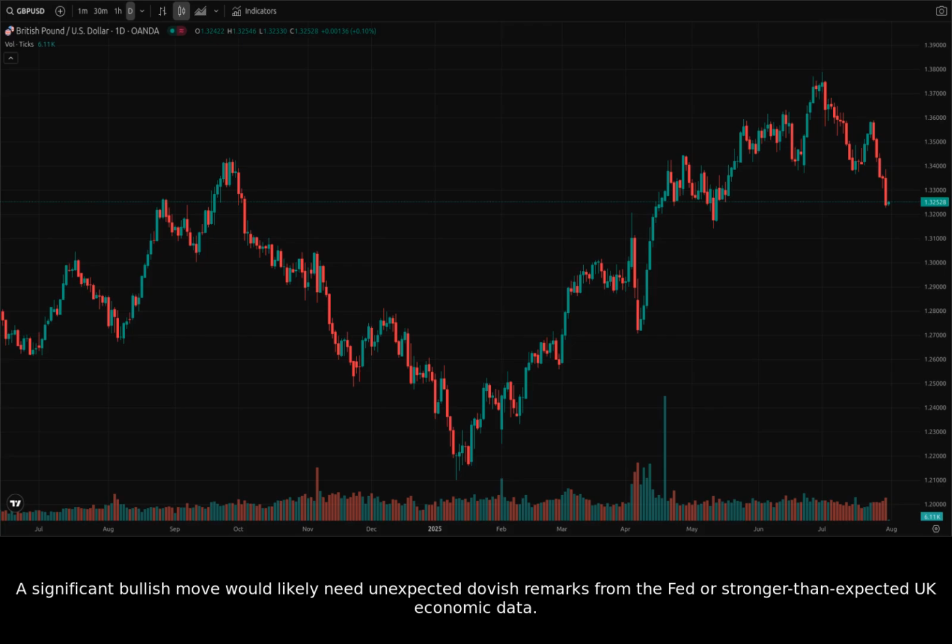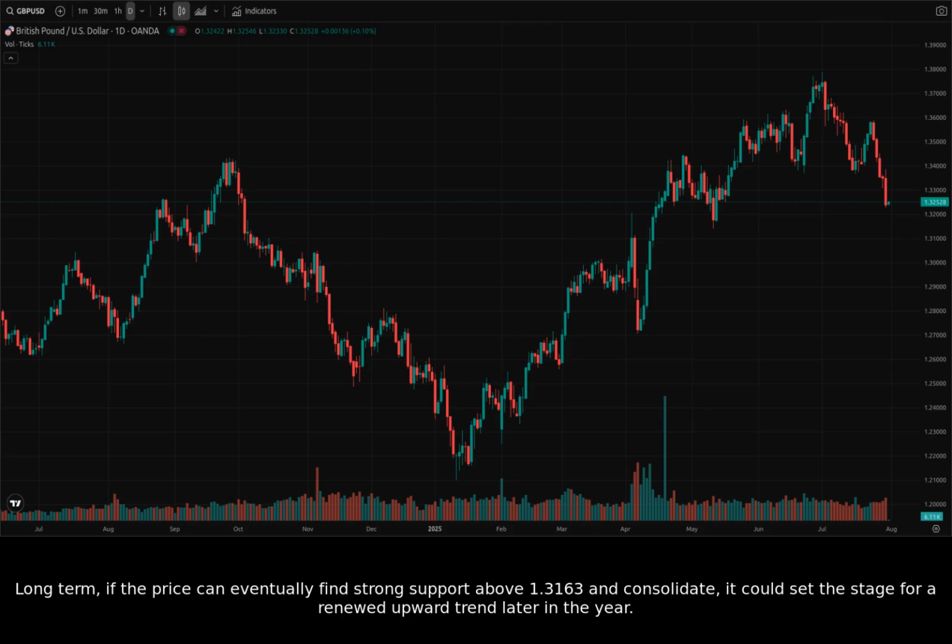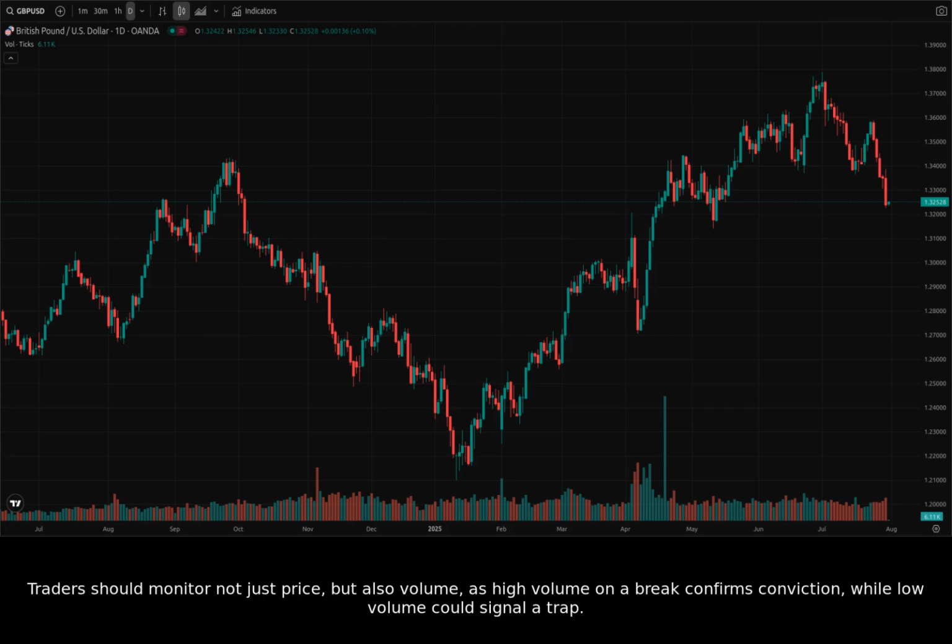A significant bullish move would likely need unexpected dovish remarks from the Fed or stronger than expected UK economic data. Long term, if the price can eventually find strong support above 1.3163 and consolidate, it could set the stage for a renewed upward trend later in the year. Traders should monitor not just price, but also volume, as high volume on a break confirms conviction, while low volume